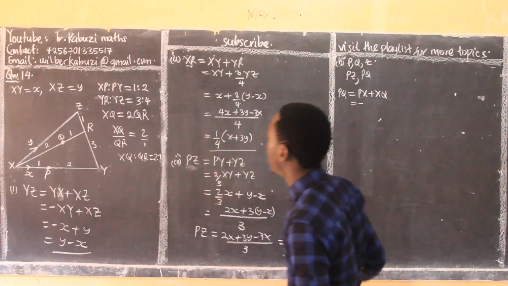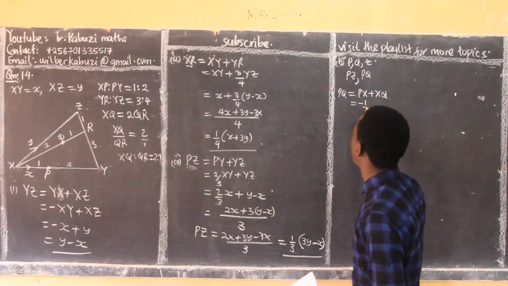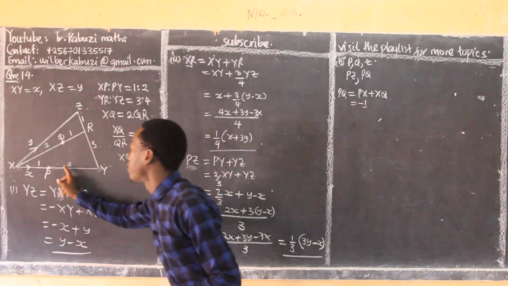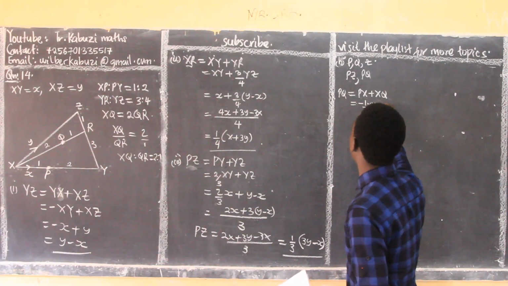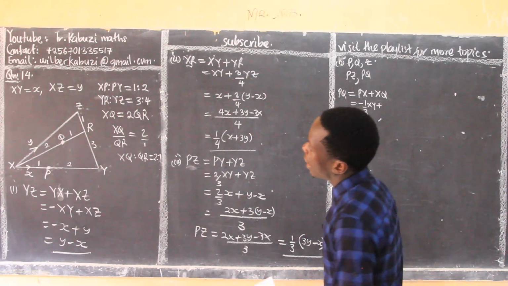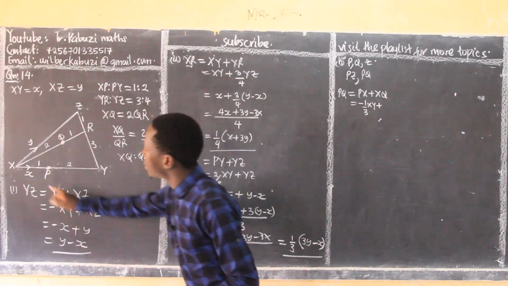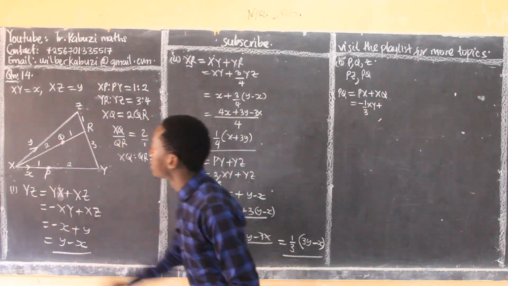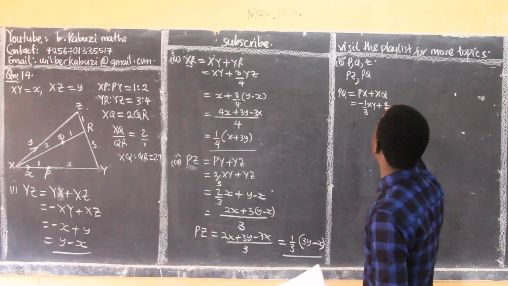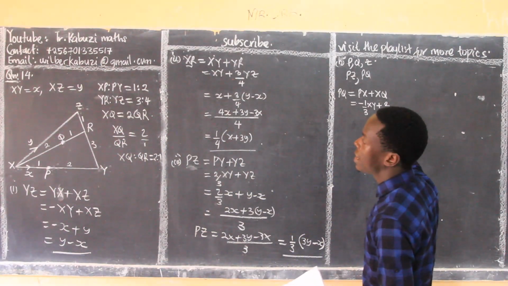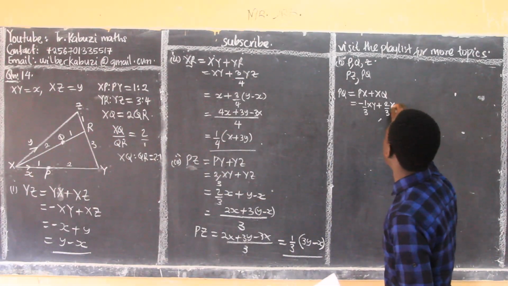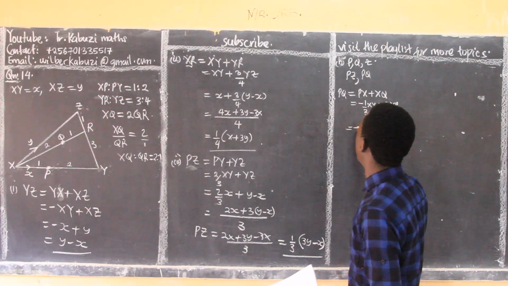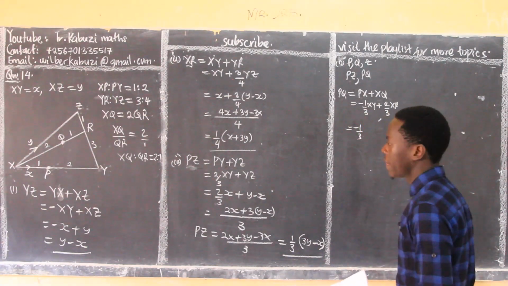So negative is a segment, 1 out of the total of 3 of XY, then plus XQ is also a segment, which is 2 out of 3 of XR, which will be negative 1/3